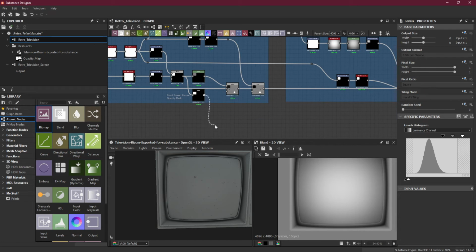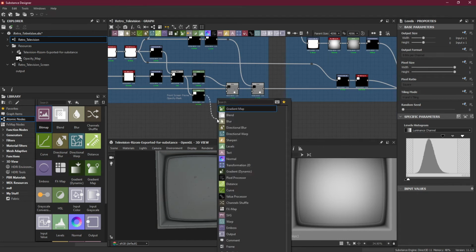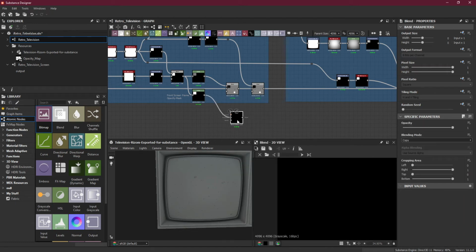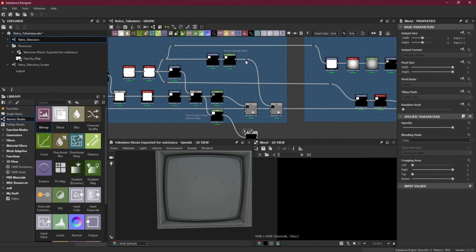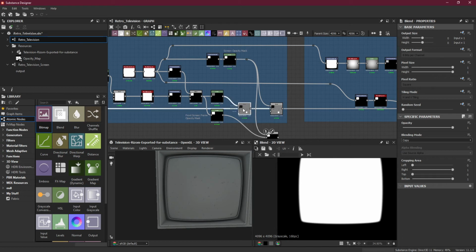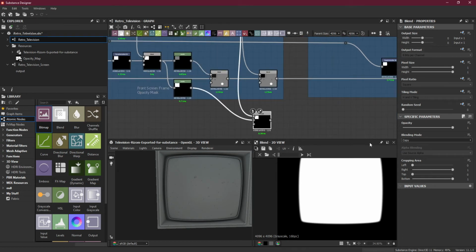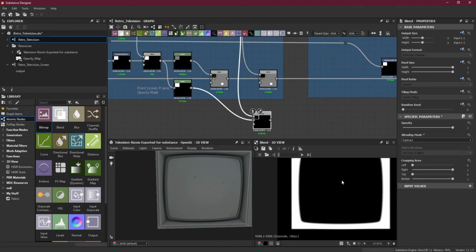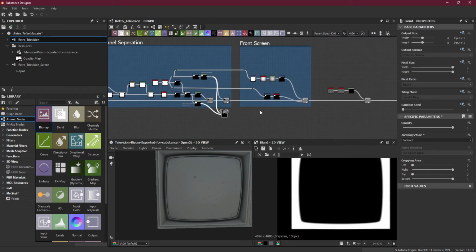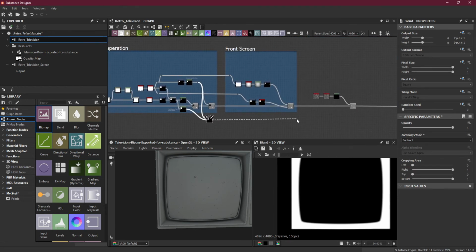Now what I will do is take this mask that we just created, not this one, sorry, this one, with the one that we have here on the top. So I will take these two, put this one on the foreground, and then I will use subtract, and here we go. This I will use inside the opacity mask,